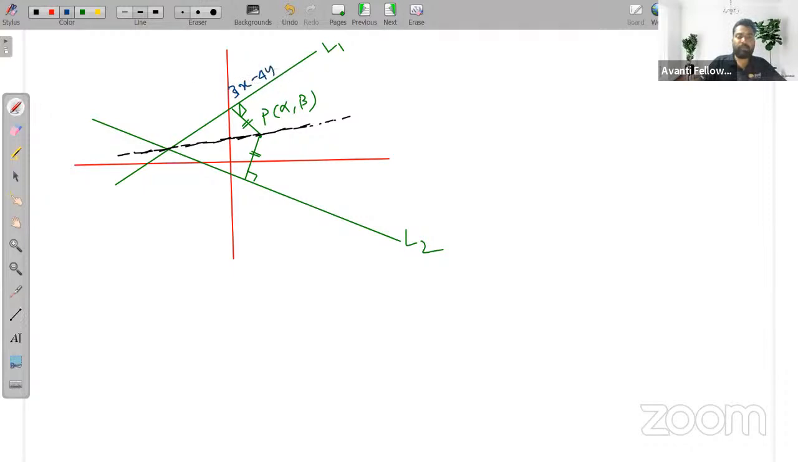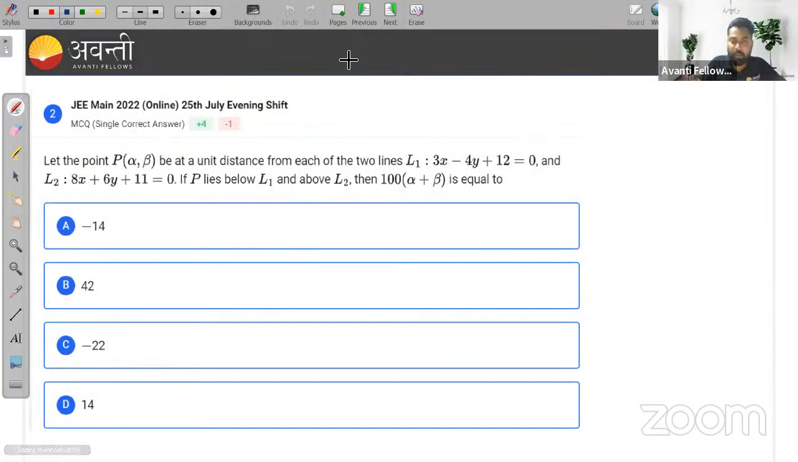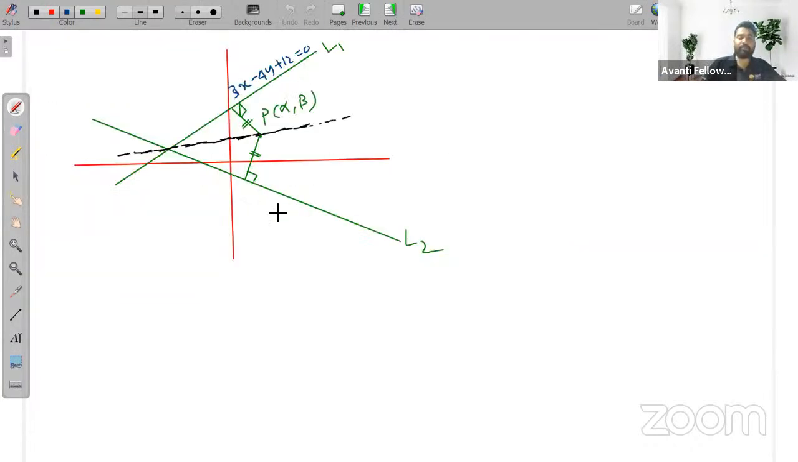3x minus 4y plus 12 is equal to 0. This is equation 1, and the equation of L2 is 8x plus 6y plus 11 is equal to 0, right? Then